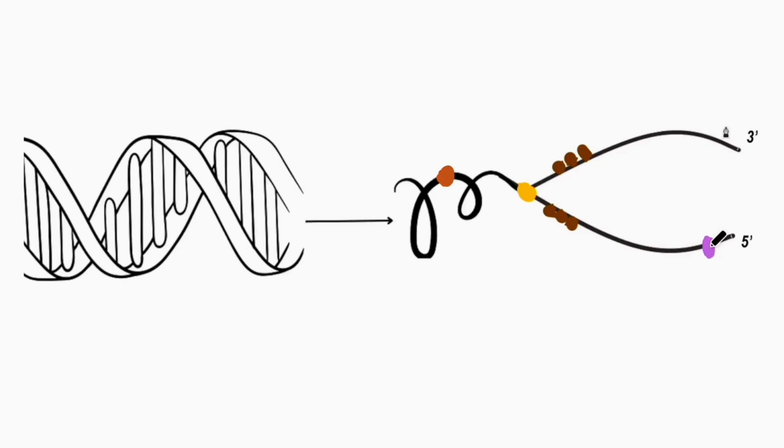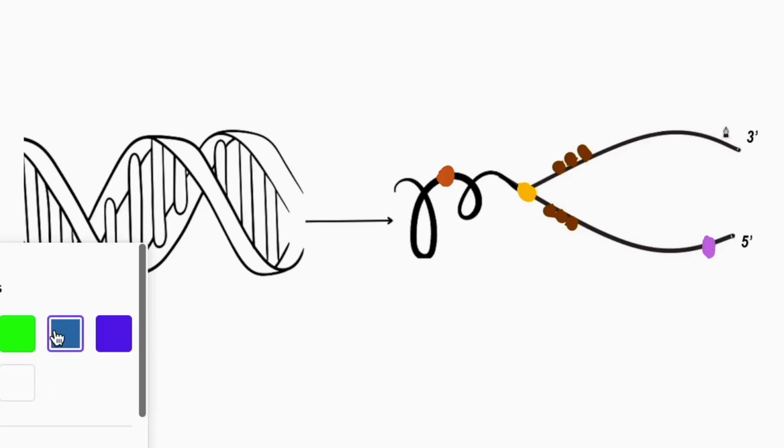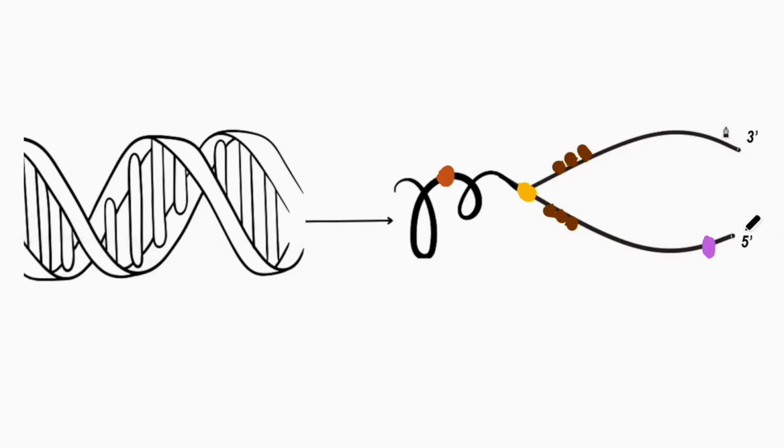Now I have drawn 3 and 5. And why have I put the DNA polymerase in the 5 end? Because I previously said that DNA replication always occurs from 5 to 3 direction. Got it? Fine. Now for this DNA replication to occur by the DNA polymerase 3, we also need another enzyme